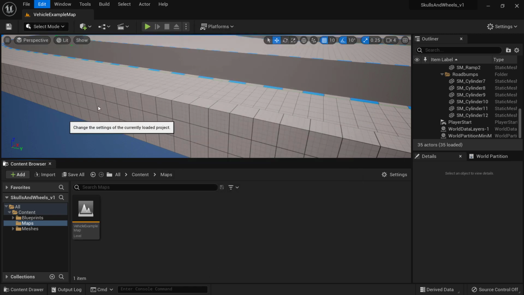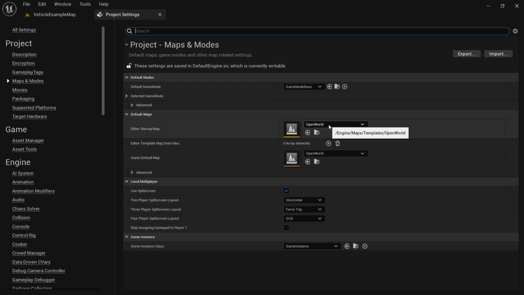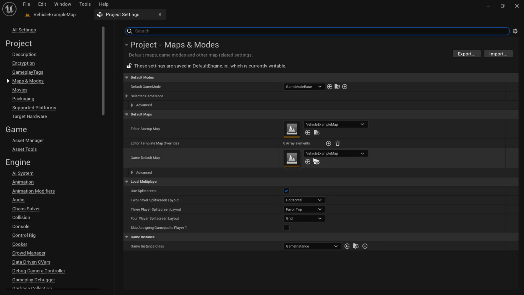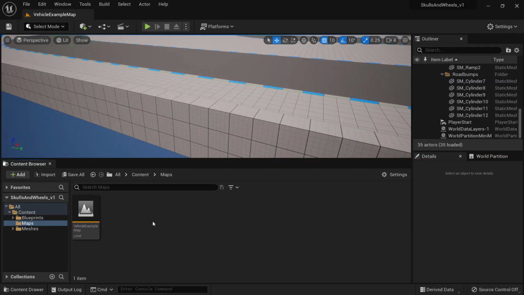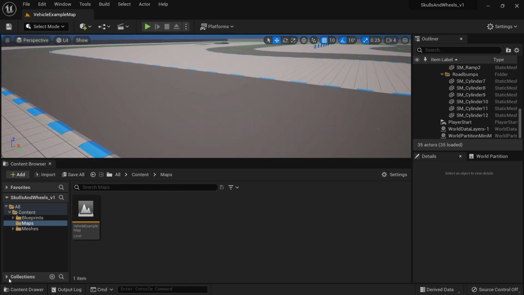Just to be sure, I'm going to project settings, and there is this maps and modes. You can see that there is this editor map and editor startup map and game default map. I am selecting the vehicle example map for this maps and close. Now when the editor starts up, we get this vehicle example map, and now I can go to collections,